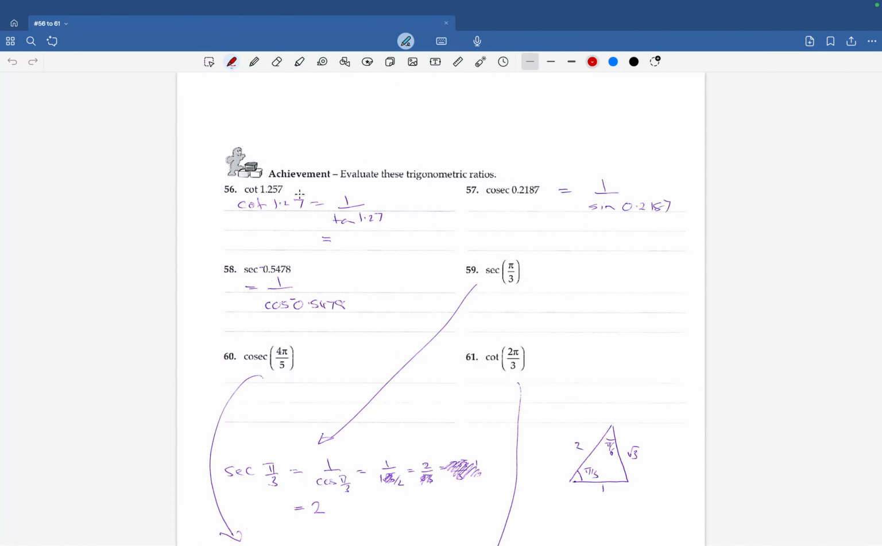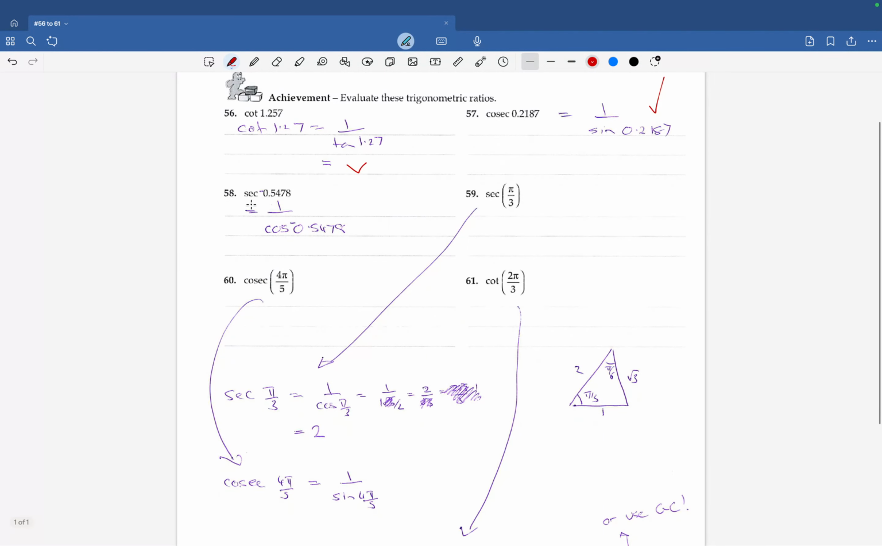So what's cot? Cot is 1 over tan. So all you do to get cot is go 1 divided by the tan of 1.27, and that is your answer. Cosec is 1 over sine. So cosec of that is 1 over sine 0.2187, and whatever that gives is your answer. This one here, sec negative 0.4578. What's sec? Sec is 1 over cos. So 1 over cos of